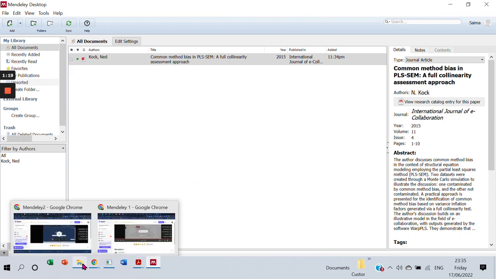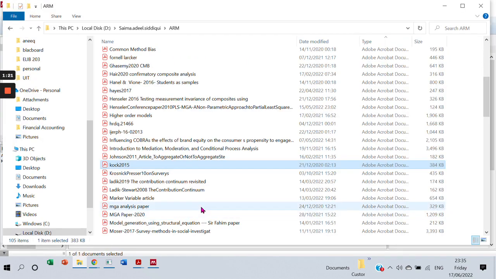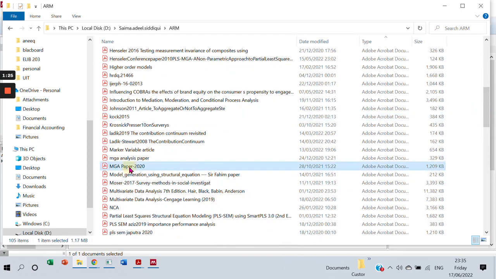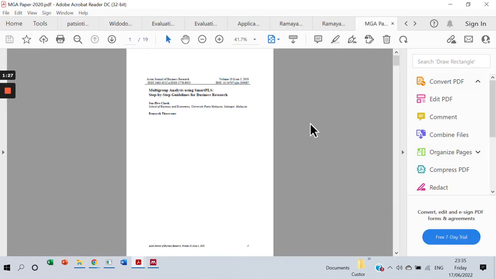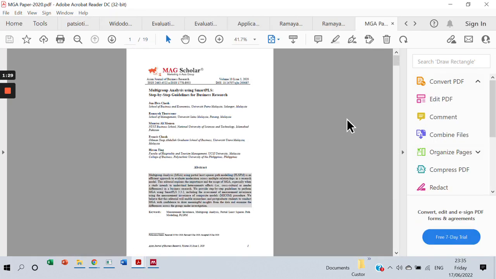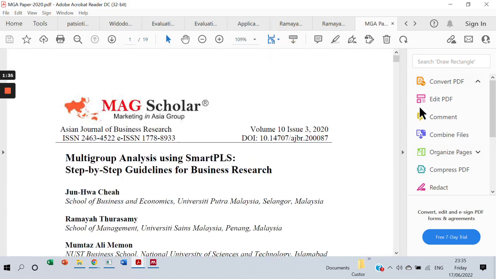Now, what else we can do is, let's say I have this document here and I don't want to drag and drop it. I don't want to add the whole document as a PDF to my file, and all I need is just the DOI. Can you see the DOI here? I'll click on the DOI and copy it,